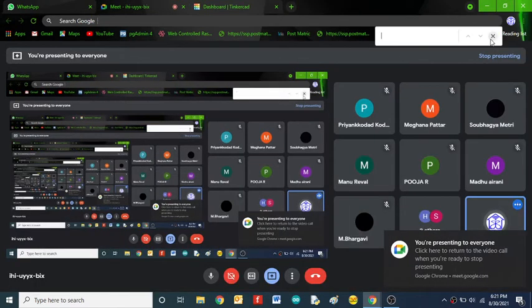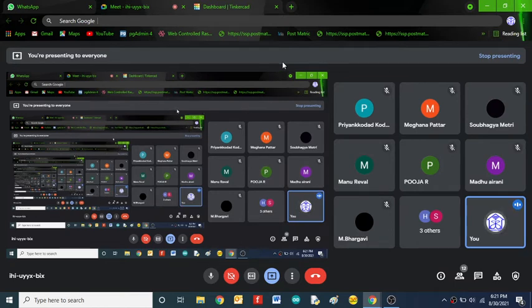So yesterday we discussed the introduction to the Arduino microcontroller, the introduction to Arduino programming, and then how to install the Arduino IDE software. So now I will show you the demonstration of how you are going to interface an LED and how you are going to control the LED through your Arduino microcontroller.